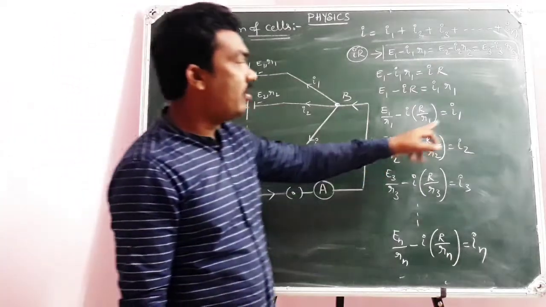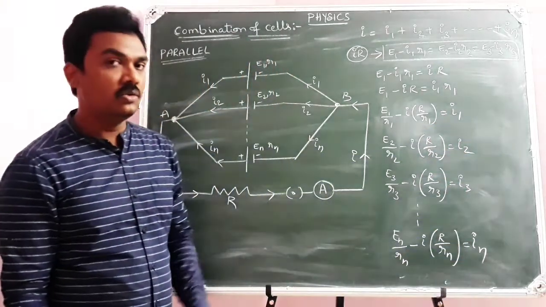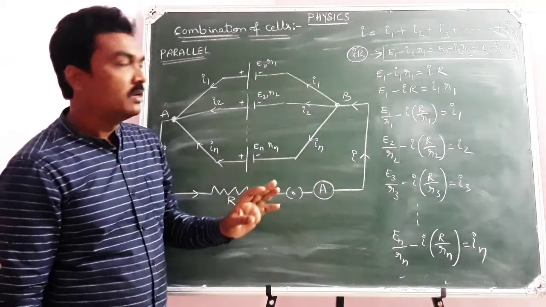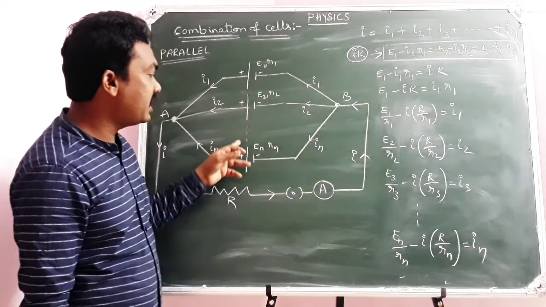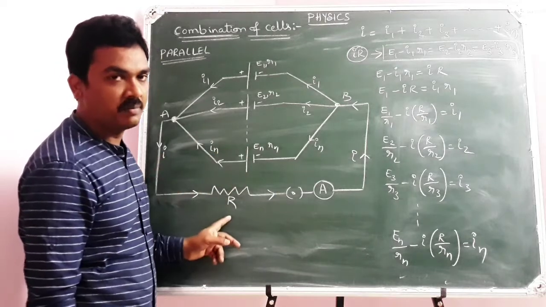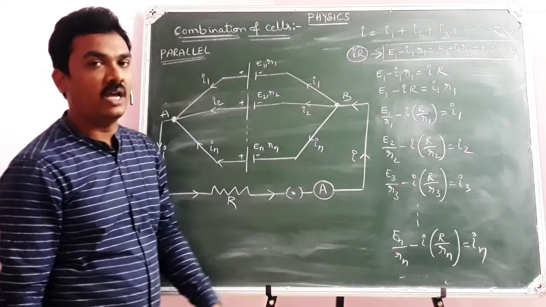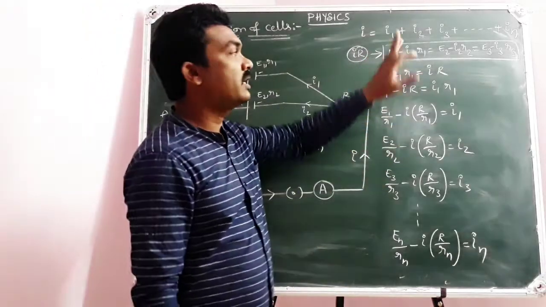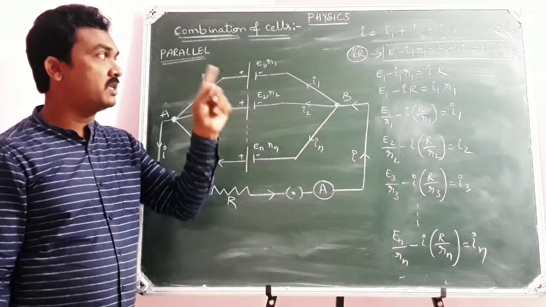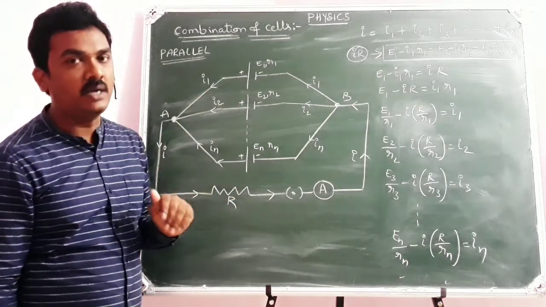So I am able to derive all the values of I1, I2, I3 and so on till In using the basic formula V equal to E minus IR. But across every cell, E minus IR will be equal to I into capital R, because all are in parallel combination. Now as I got I1, I2 and so on till In, I will continue the mathematical equation with I equal to I1 plus I2 plus I3 and so on till In. So we are going to continue this calculation part.